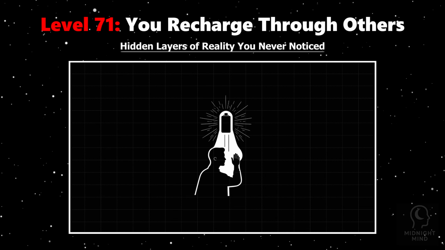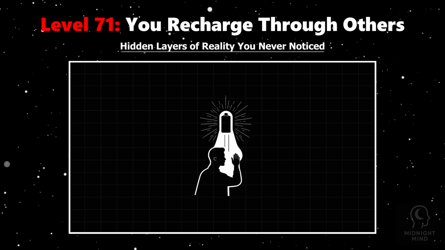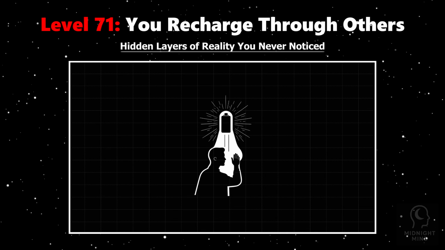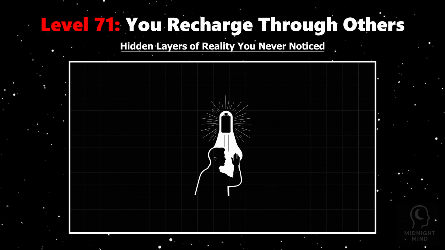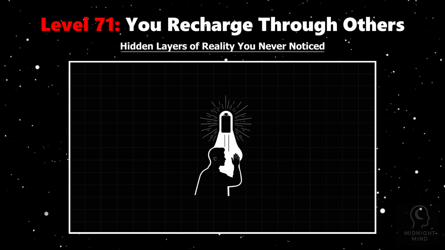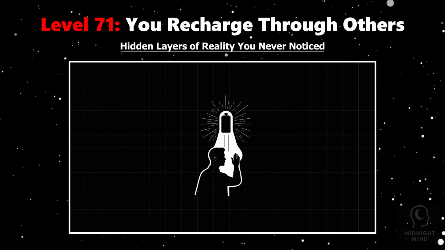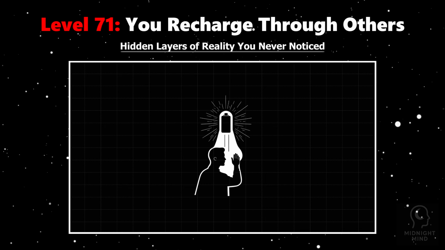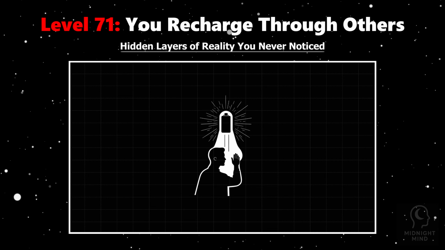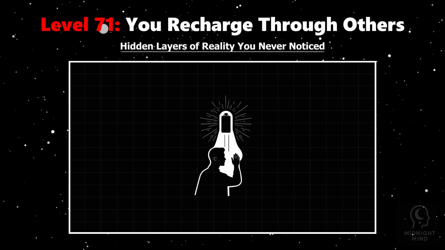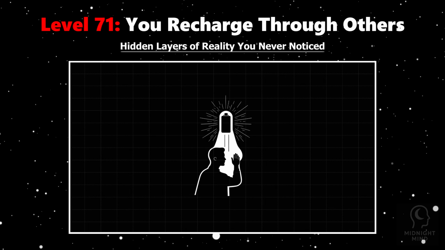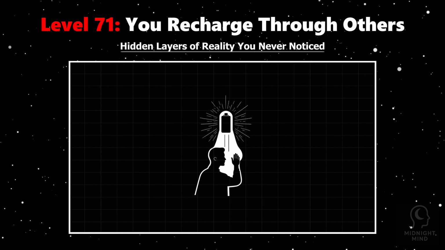Studies on introversion and extroversion reveal that some people naturally recharge through social contact, while others recover best in solitude, reflecting differences in neurological sensitivity and arousal regulation. So next time you notice how certain people uplift or drain you, remember, it's not just in your head, it's your body responding, biologically wired to recharge or recoil through the power of human connection. Choosing who surrounds you is more than emotional. It's essential self-care at a cellular level.